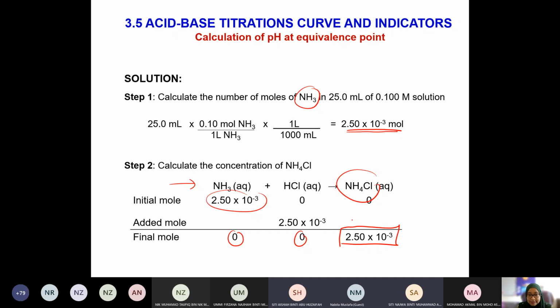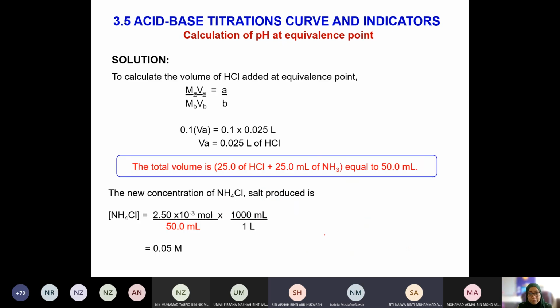Nampak tak? Like I said last time, acid-base titration, acid-base reaction should also use one-headed arrow ataupun single arrow. Okay, the single arrow maksudnya it will not be reversible. Okay, alright. So this is the part that you determine the mole of the salt. So you dah ada this mole of the salt. Okay, you dah ada this mole of the salt. You boleh proceed dengan